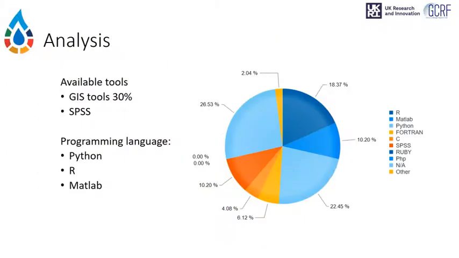After collecting the data, processing them, and doing the quality check, we need to analyze them based on the purpose of the research. The majority of the people use GIS software. They also write their own codes, especially in Python and R. Since many researchers write their own codes to do the analysis, we decided to ask what programming languages they prefer. The majority were using Python, R, and MATLAB.